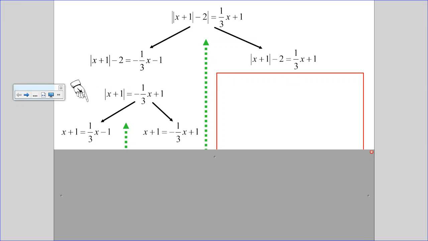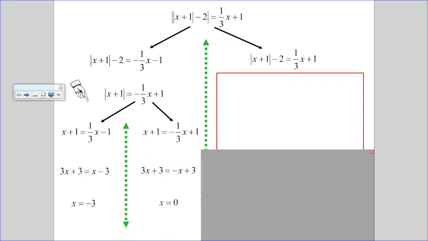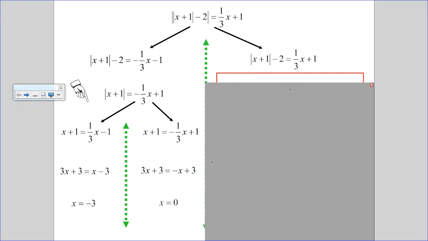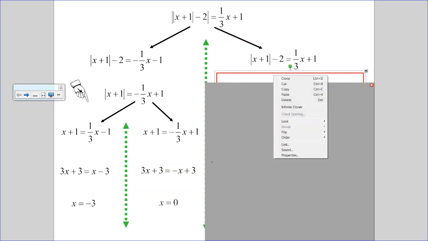This gives me two equations that I'm just going to solve. For this particular equation, I decided to multiply by 3 so that I didn't have to deal with that denominator, and I got two solutions of -3 and 0. If you go ahead and plug those in, they both work. Okay, now to focus on the